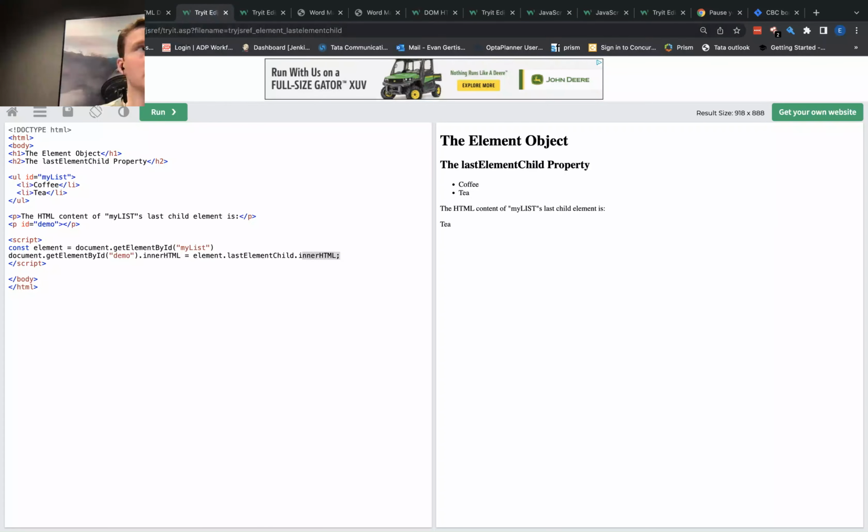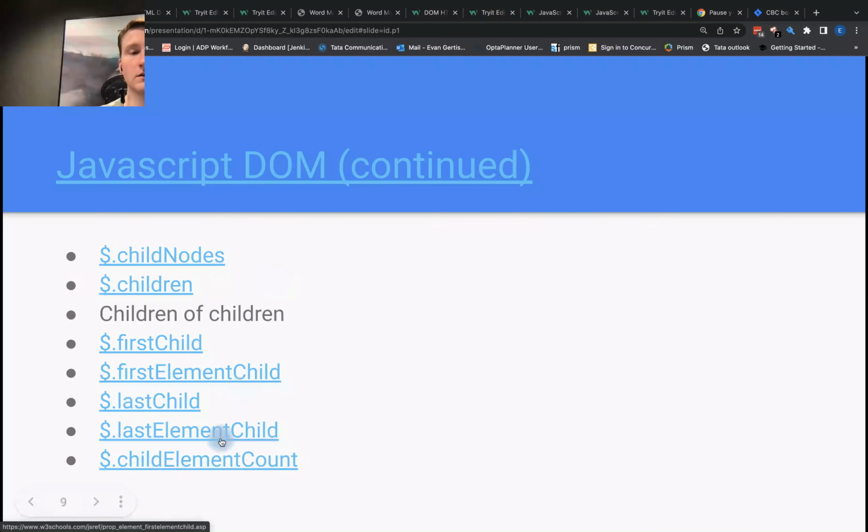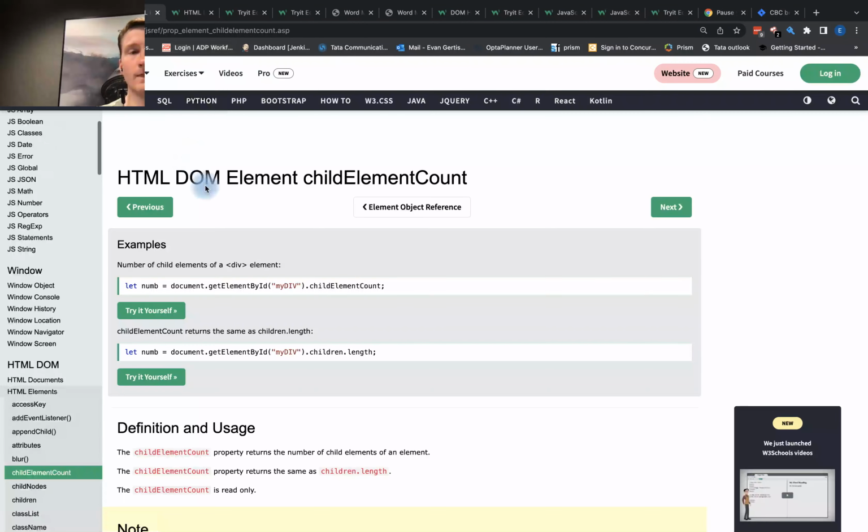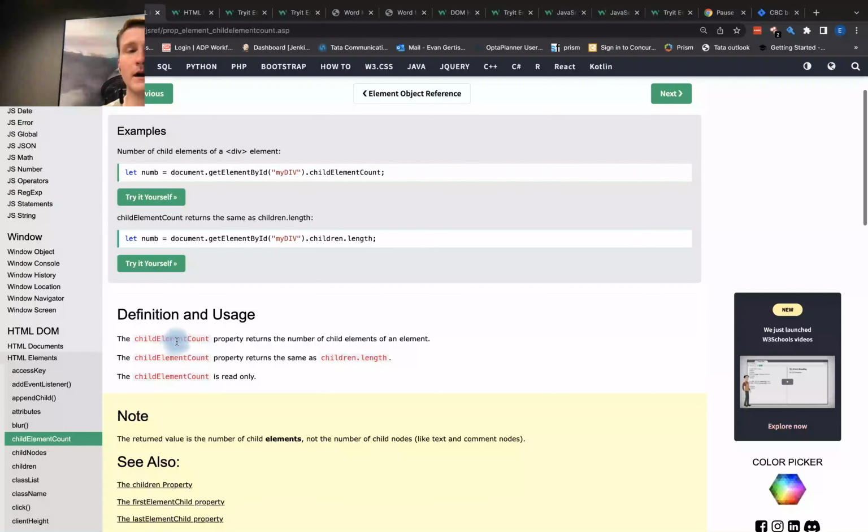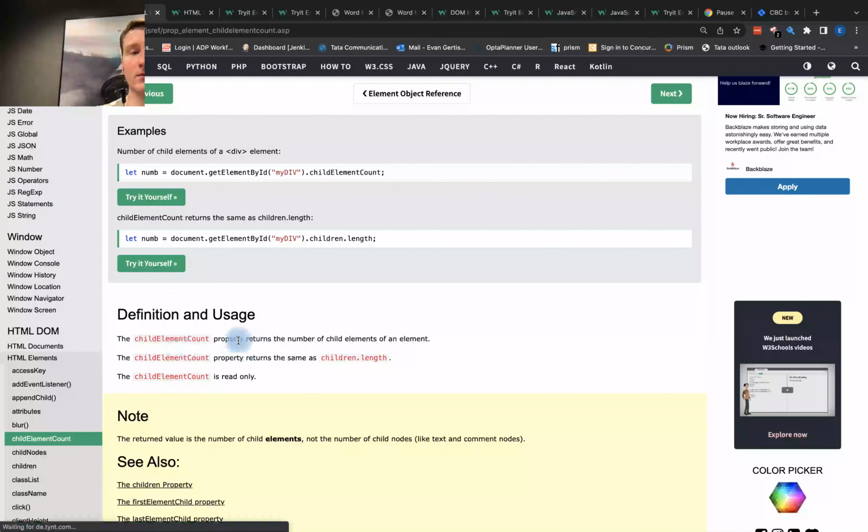Okay. So we can go to the last section here, right? The child element count property returns the number of child elements of an element. So if we run this one here,